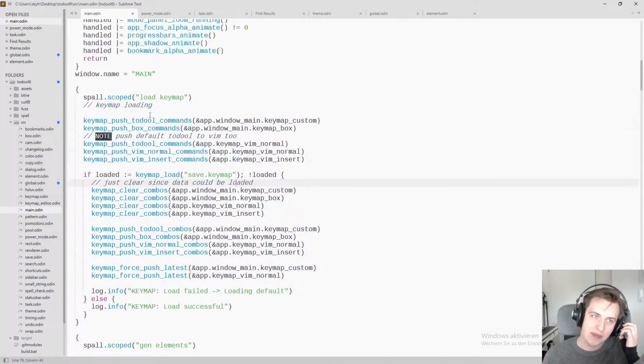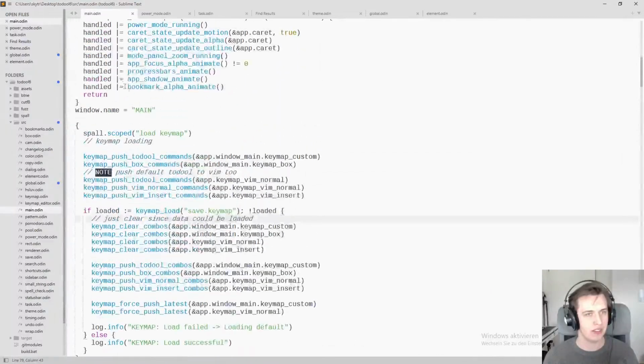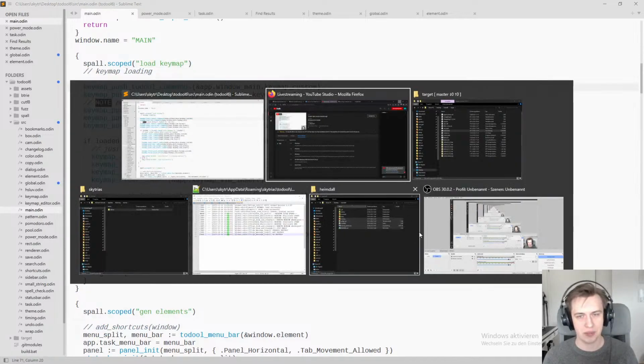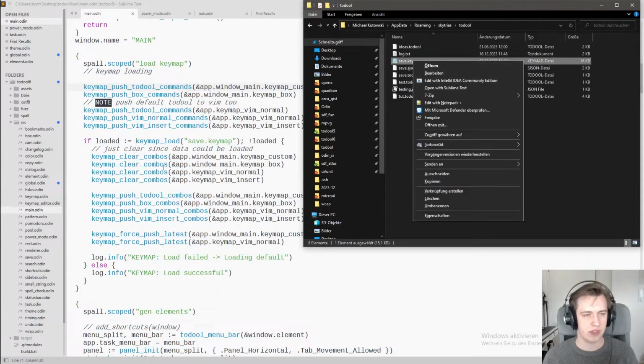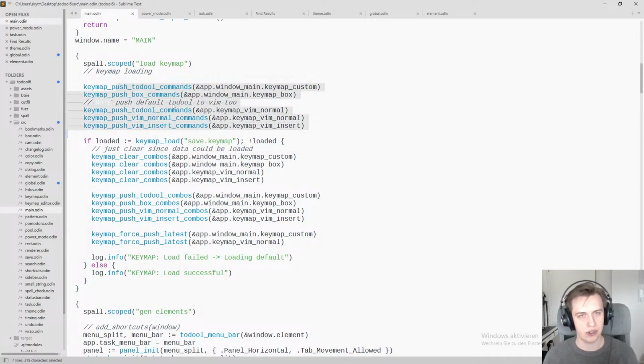Anyway, so that's the main window, though. That's kind of it when it comes to that. We got the key map loading. It's again not that great, but there's a lot of logic here just for that. So I think most of that comes from you want to have defaults, but you also want to allow